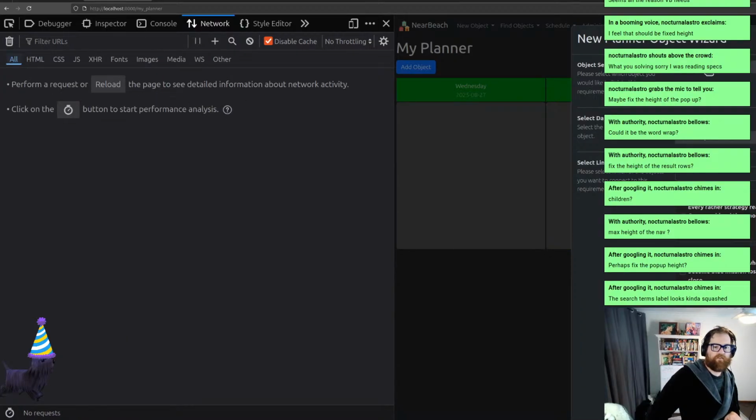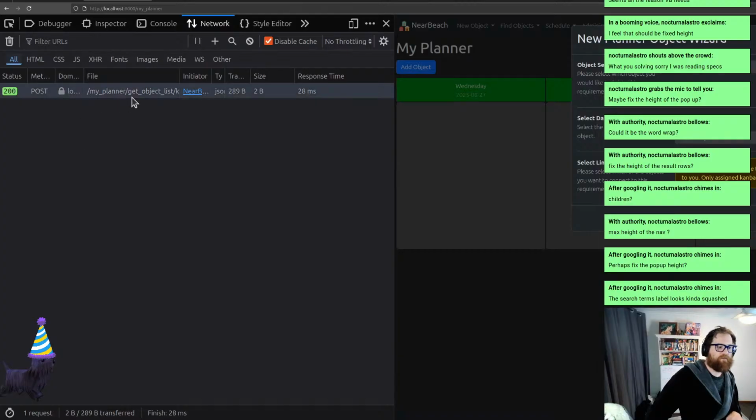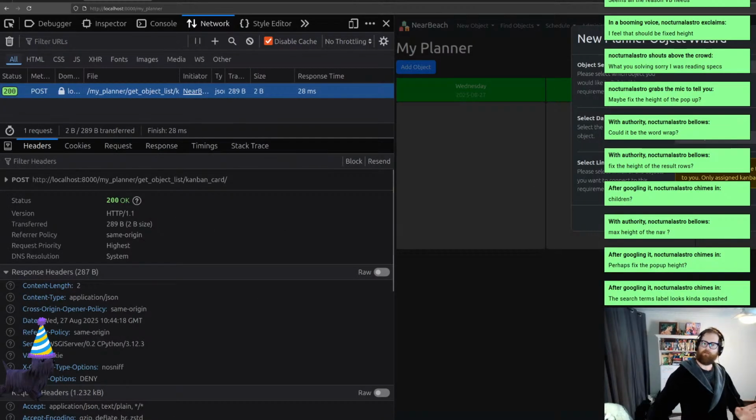We're going to delete everything there. We're just going to change this to Kanban card. It doesn't matter that we've got nothing back. This particular person isn't assigned any cards. That's fine. And also the other reason why all of these modals are slightly different is because they have different